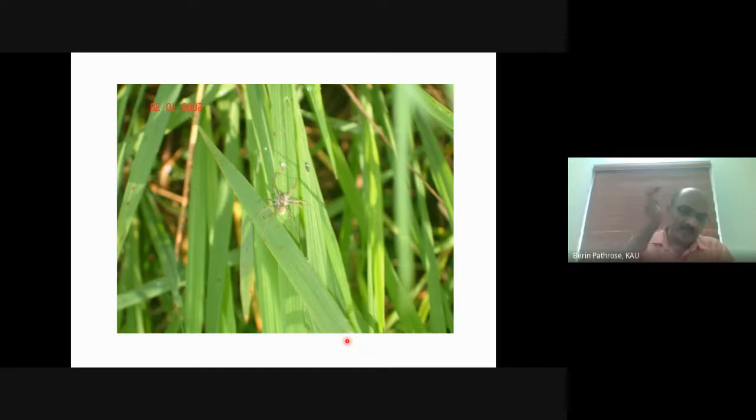So this is another picture of a spider. With the clarity, you can understand that I took that picture. This is not a good clarity picture, but I have a few very good pictures of spiders. There is a person in Thrissur, his name is Murali. He owns a computer shop. He is a very good wildlife photographer. During the last lockdown period, that means April, May, he photographed spiders. His passion was to photograph spiders in his home itself. He has messaged me excellent photographs, so many spiders feeding on insects.